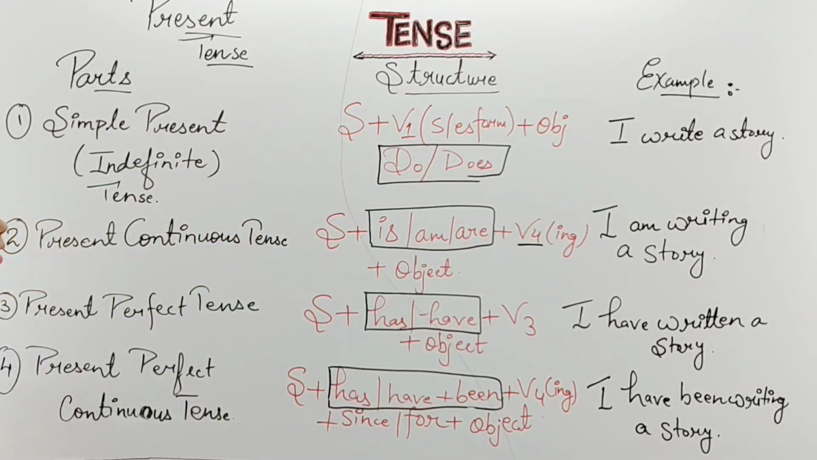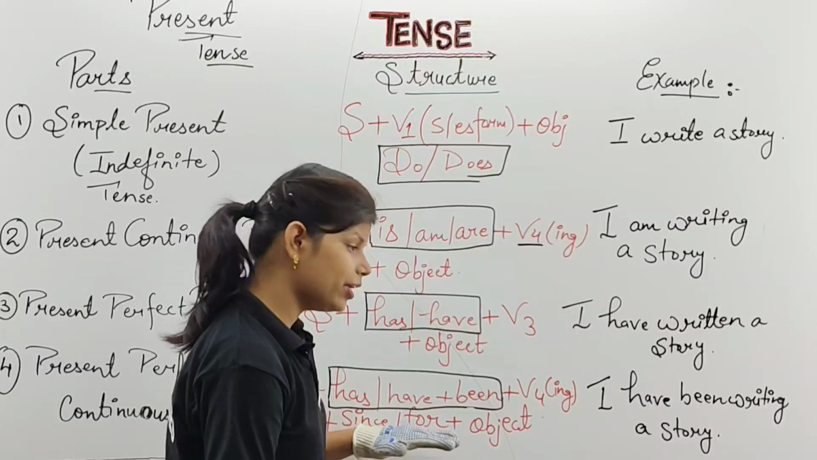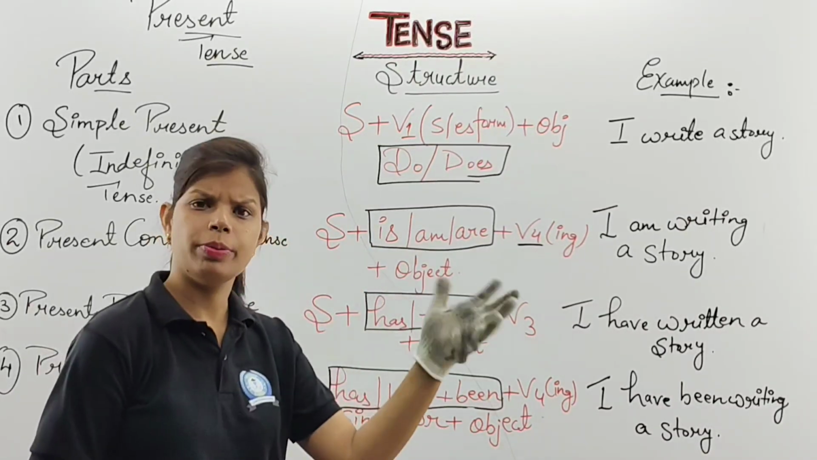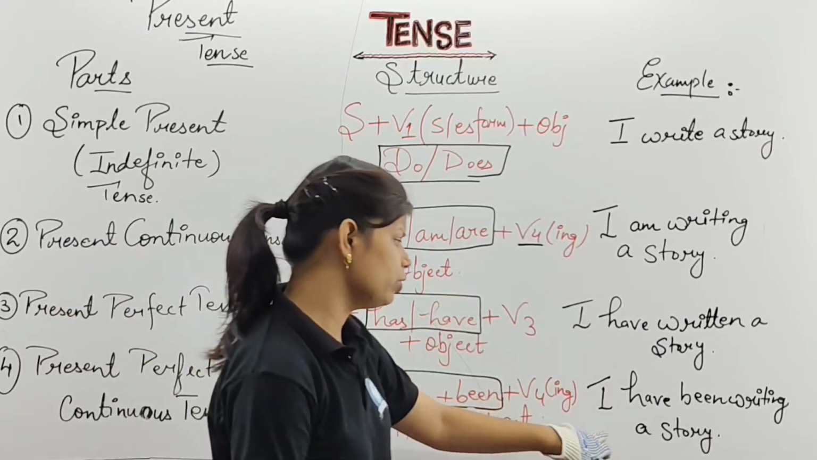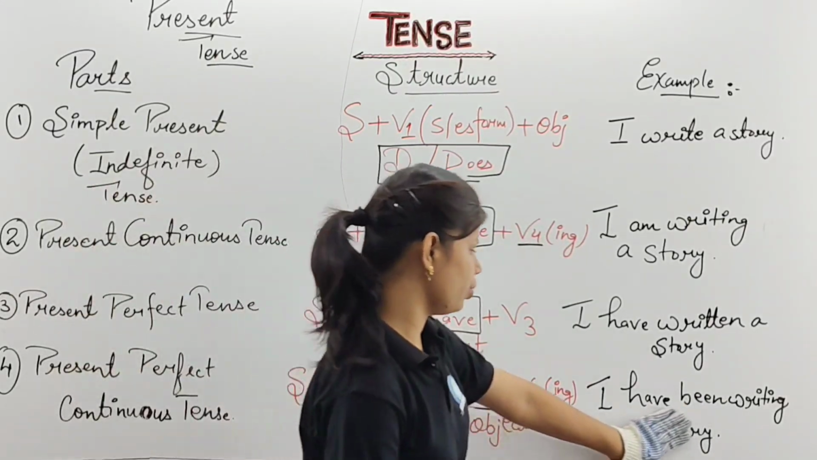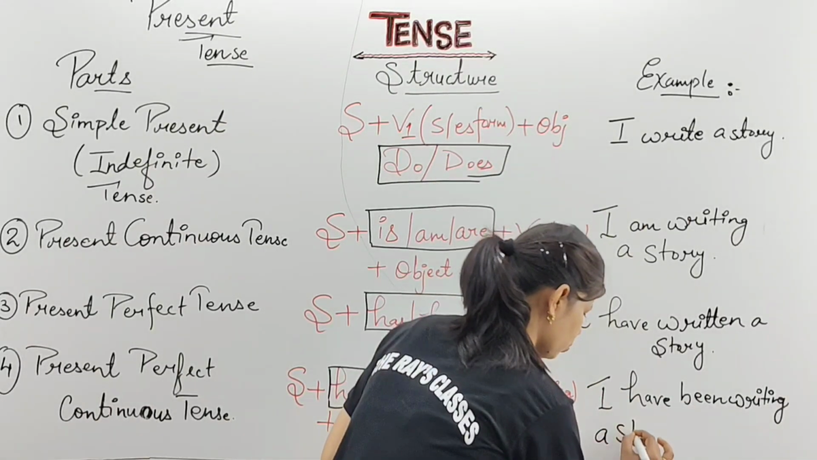So this is an example. I write a story. I am writing a story. I have written a story. And last is I have been writing a story. But here I told you to use this mode. I have been writing a story. You have to use since or for. Why? Because your work is in continuation. So when you are going to stop here, that is not appropriate. So what will you write? I have been writing a story